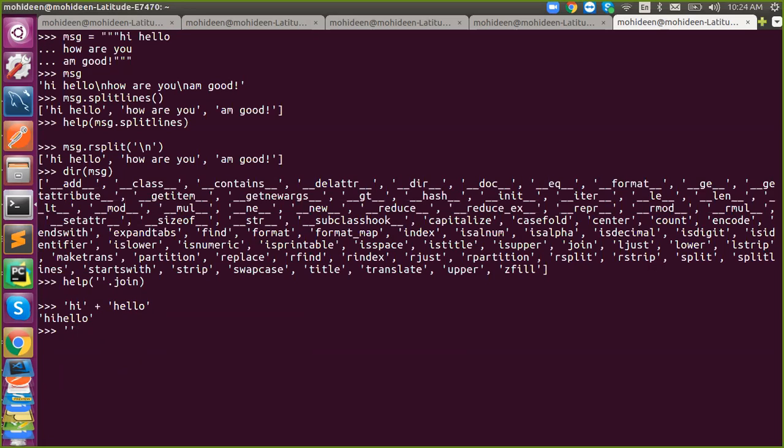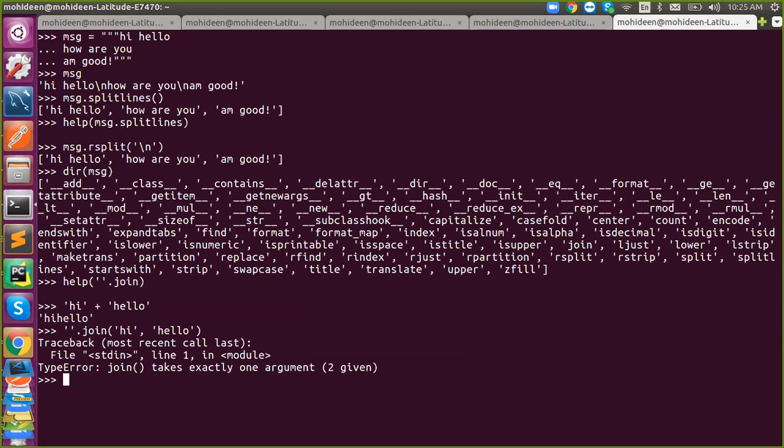But with the help of join, you won't be able to. It will raise an error because you're actually passing two inputs, right? It should be one item. So the iterable can be a string, list, tuple, etc. Anything can be. Okay.